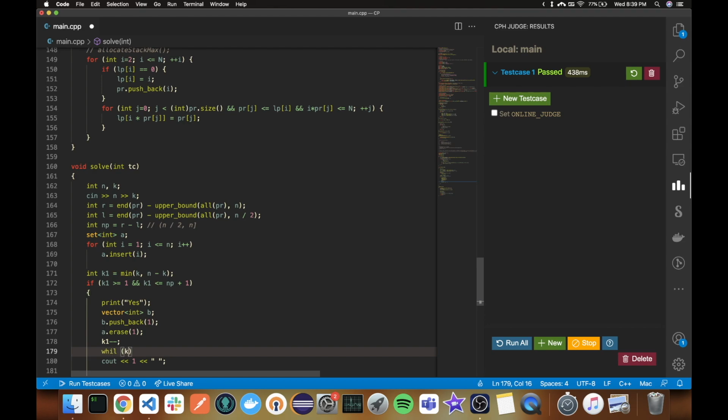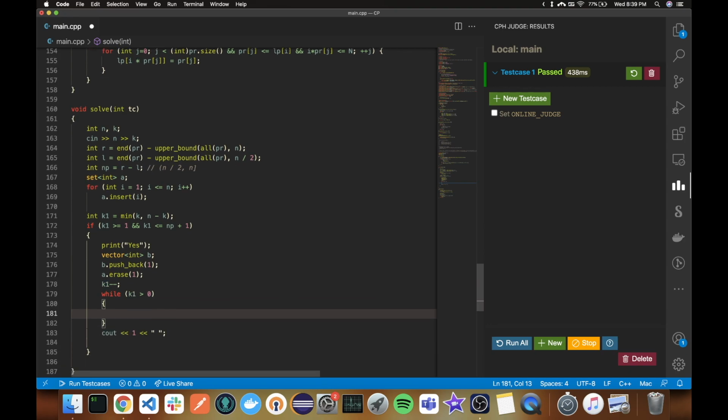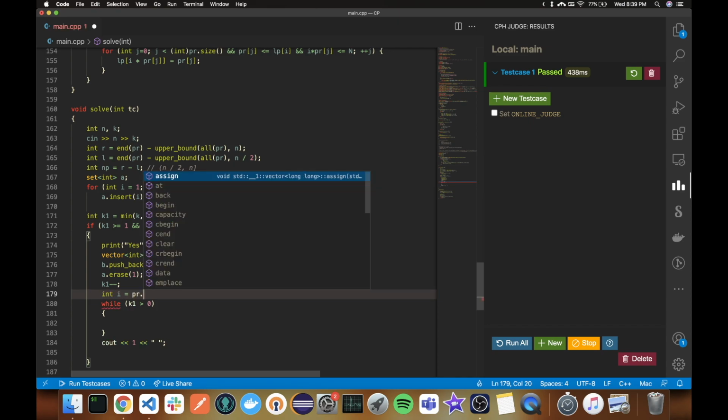Now while k1 is greater than 0, I'm going to, okay, integer i is equal to prime dot